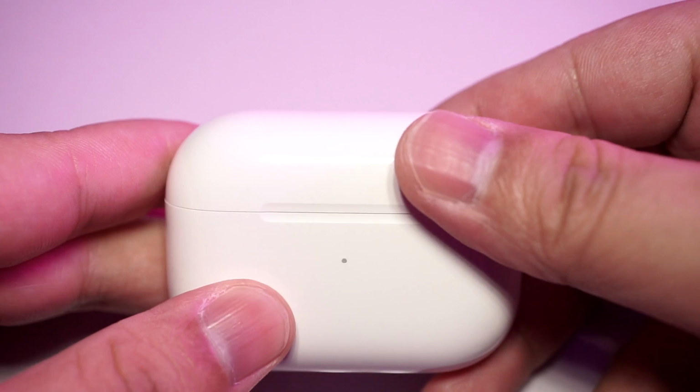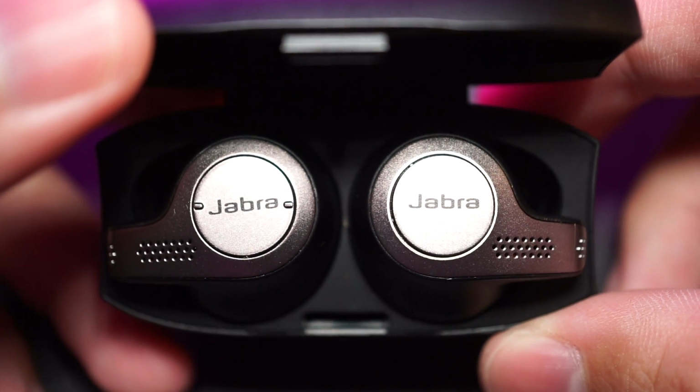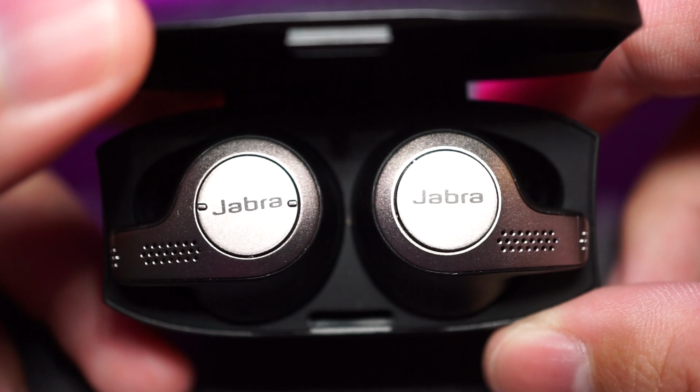So, which one should you buy? The AirPods Pro or the Jabra Elite 65T? Well, I gotta say that the AirPods Pro is a superior product in terms of battery life, audio to video latency, Bluetooth implementation, integration with Apple devices, sound quality, and of course it's got active noise cancellation as well. But these earbuds are also quite expensive,